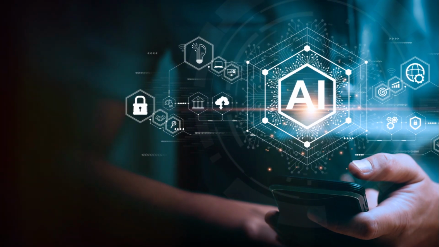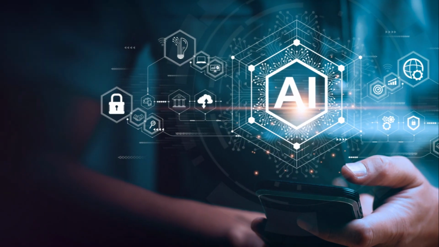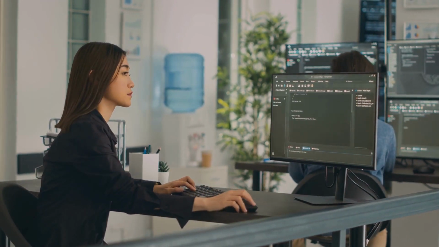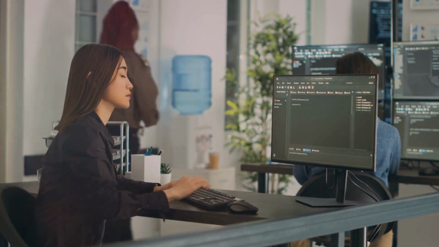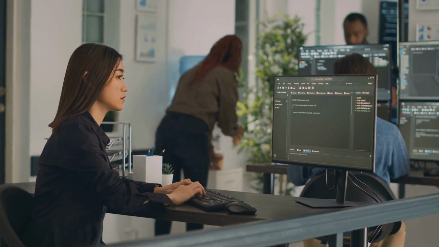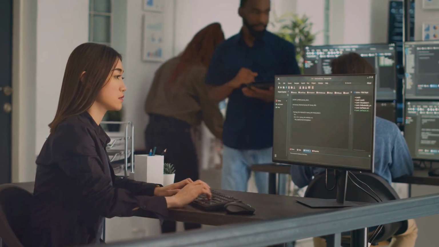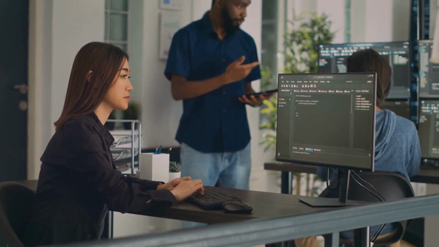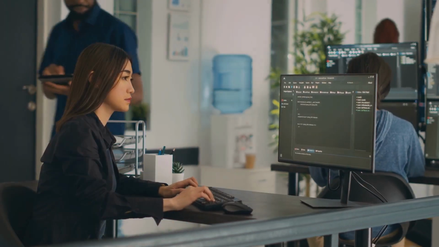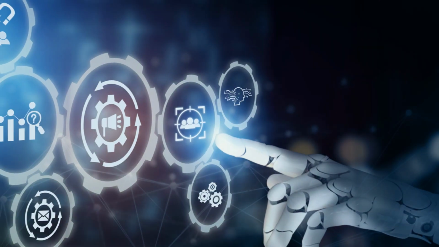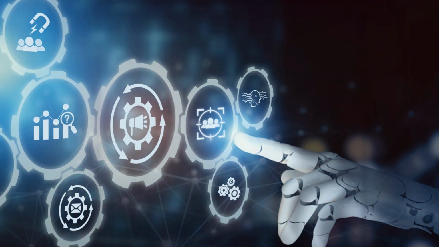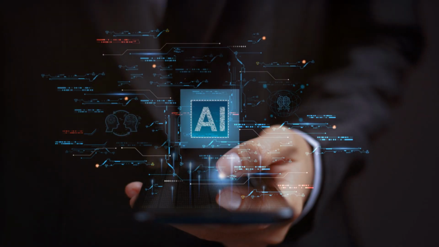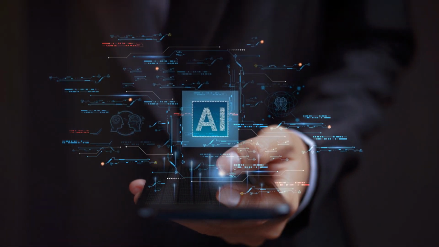Imagine you're a business owner with a vast customer base. You have heaps of data about your customers, their age, location, purchasing behavior, and so on. But you don't really know how to group these customers. You might suspect there are certain segments within your customer base, but you're not sure what they are. That's where unsupervised learning comes in. You feed all this data into a model, and it starts identifying patterns.